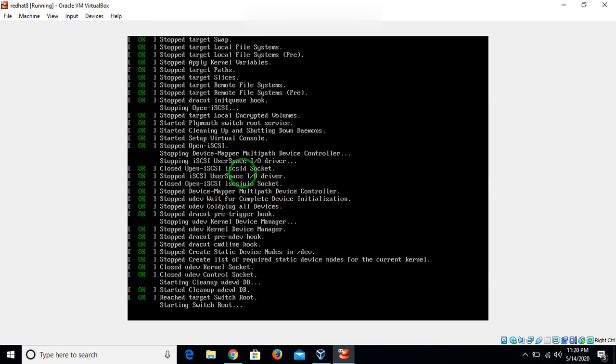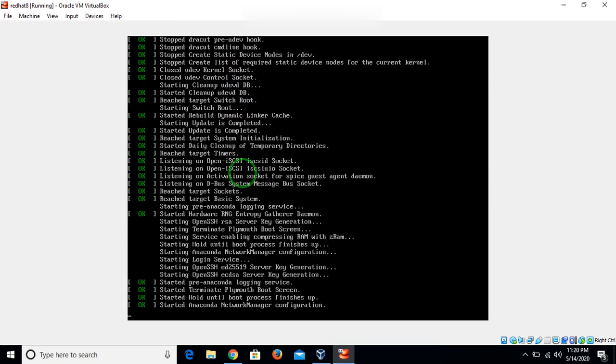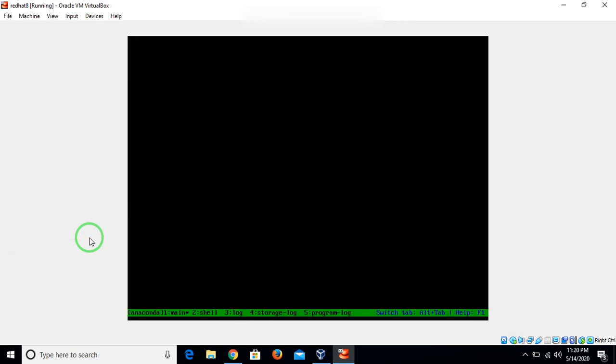It actually extracts all the files from the ISO image, and it is dumped in RAM first. Then it will go for the installation. It's now starting installation mode.